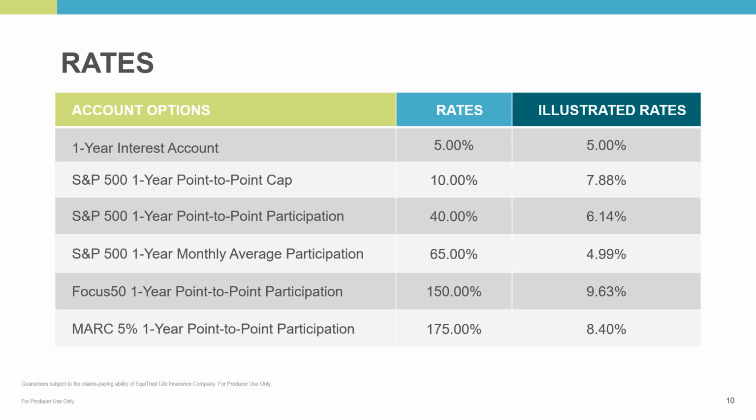And then we do have 2 volatility control options there at the bottom. One labeled the Barclays Focus 50, and the other one is the S&P Mark 5. Again, with these being volatility control type options, they're definitely meant to take the volatility out, really kind of ride the highs out with the lows. And these are actually participation rate index crediting strategy options.